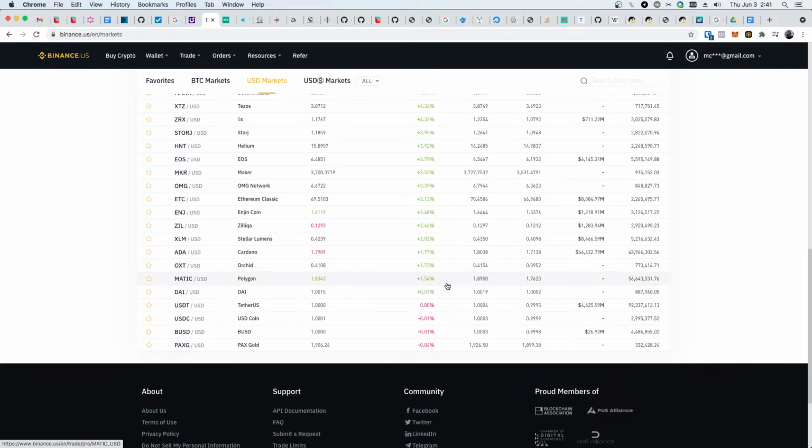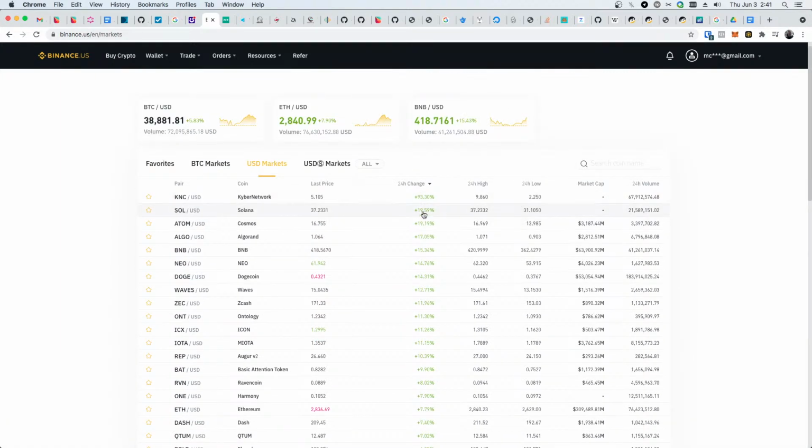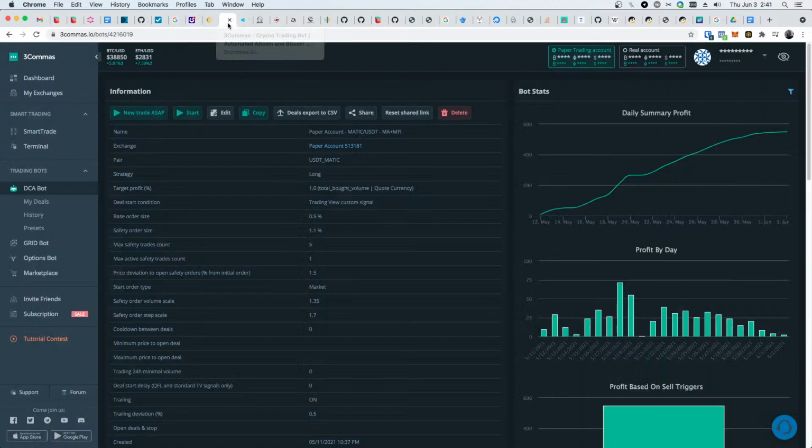So even though Matic is way down here on this scale, I've just stuck with Matic. But basically, what you want to do is trade maybe one of the top four or five, not necessarily one or two, but you want to come in and look to trade some of these coins on a daily basis. And then, like I've done here,